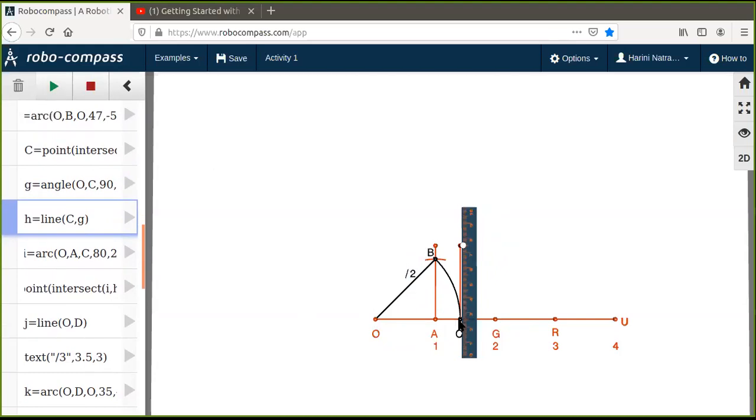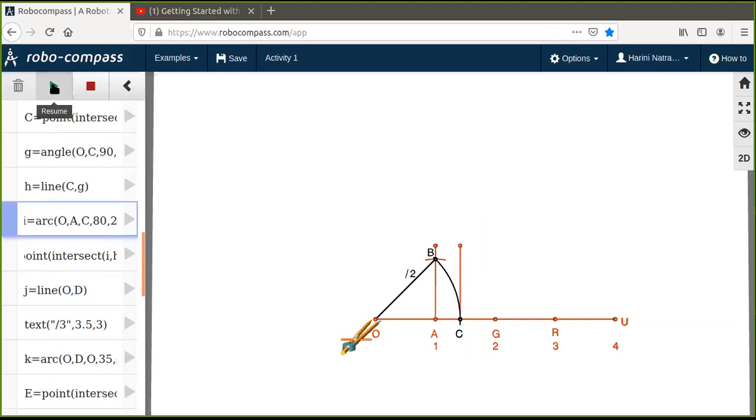Now to get the next irrational, that is root 3, I'm going to construct a 90 degrees at C. That's exactly what is happening there now in the video. So you will continue the same procedure. You have constructed a 90 degrees there. Then you should take this length OA in your compass. That's what is the next step. Once you take the length OA, which is the unit length in your compass, keep the compass at C and cut an arc. So wherever that is intersecting the 90 degrees, that will be your next point of intersection.